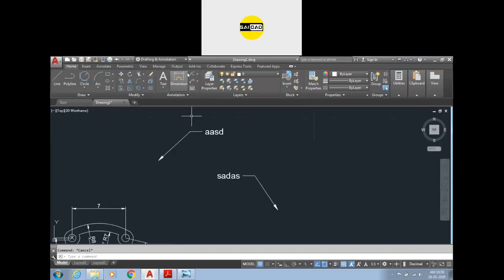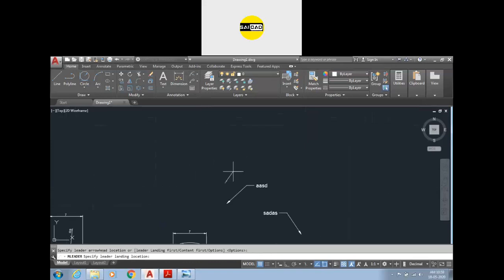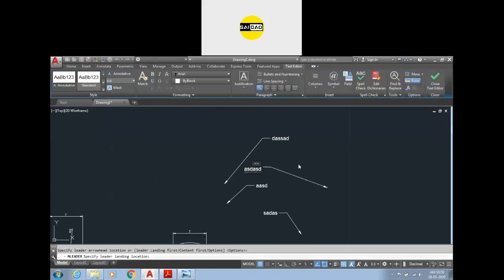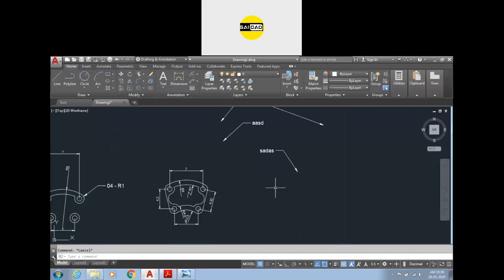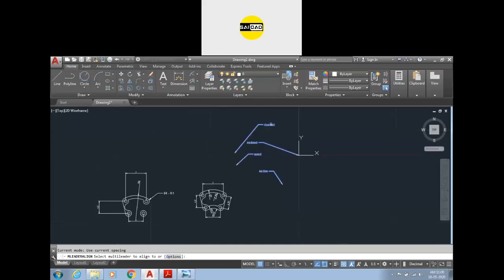Okay. So, if we create multiple leaders like that, now you can align the leaders in a straight direction or in an angular direction. To do that, we have an align option here and we can select all the leaders, enter, select the leader with which you want to align.